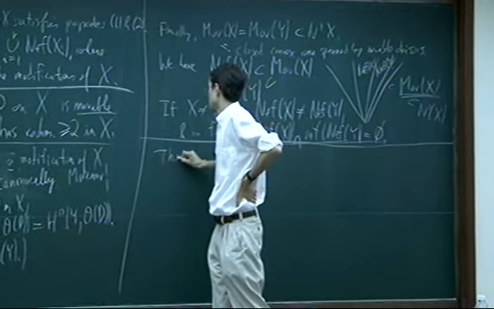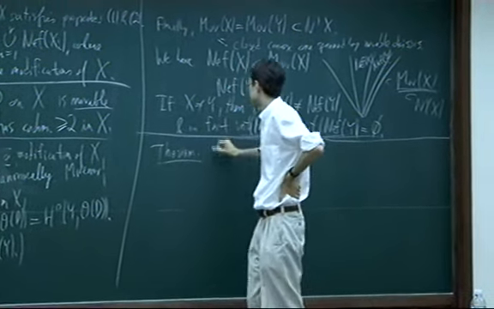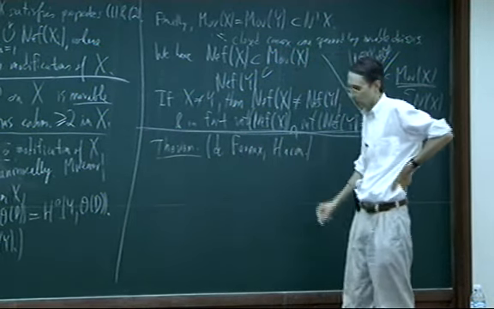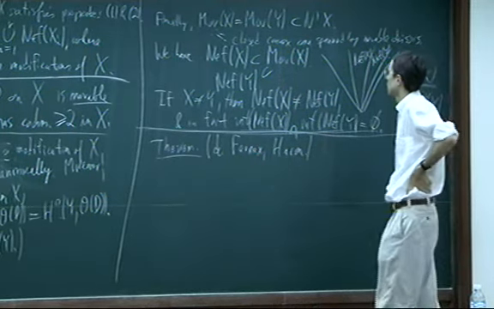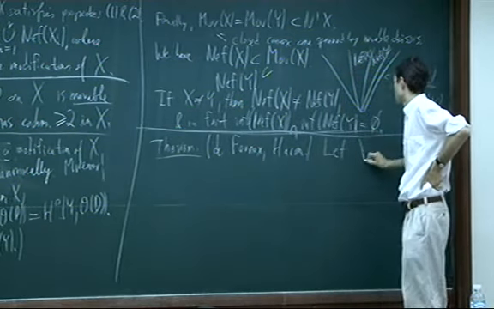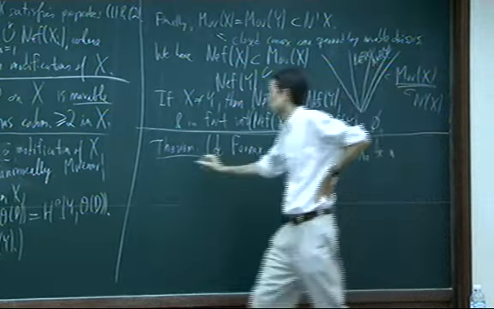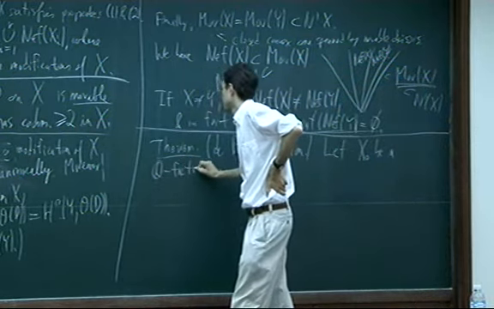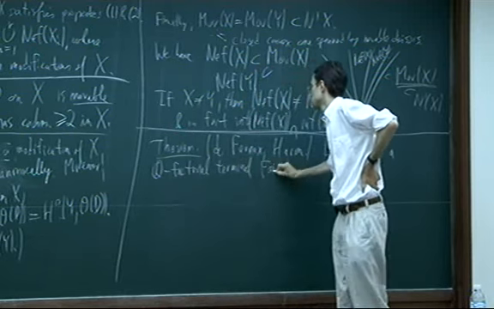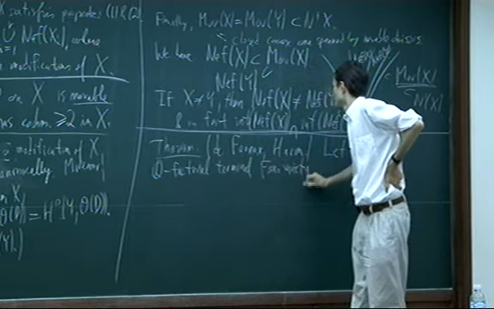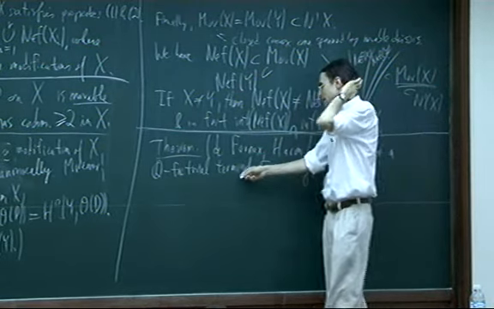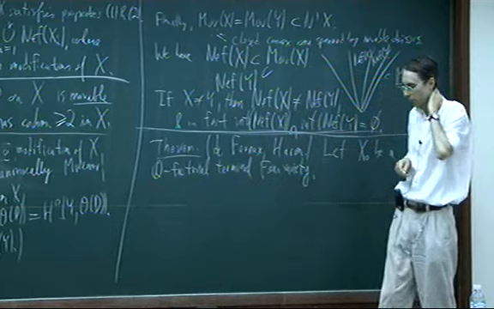So I just state this theorem by Pernay and Aiken. Yeah, this is about a more specific class of Fano varieties. So let x naught be a Q-factorial terminal Fano variety. Maybe I'll quickly write down the definition of terminal. Right, terminal singularities come up naturally in the minimal model program because this is what you get as the output of the minimal model program starting from, say, a smooth variety.